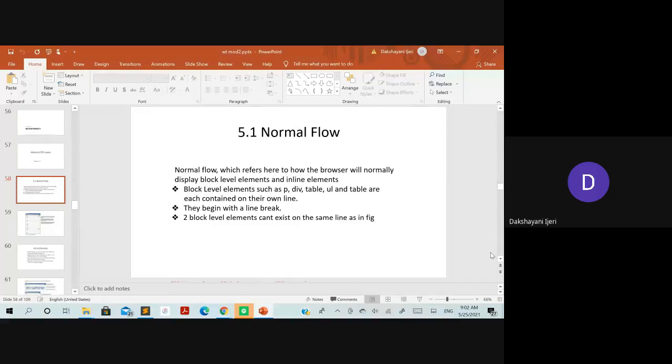Before that, we'll understand what a layout is and what difference it makes if you use these CSS properties to change the layout of your web page. Okay, so what is a layout? First, tell me, before I begin with the actual syllabus from this chapter, can you tell me what is a layout with respect to the web page? You have done very good assignments, right? So what is a layout with respect to the web page that you have designed?